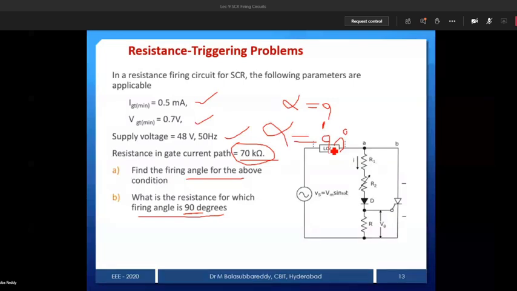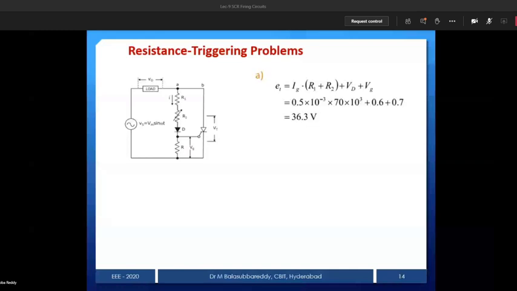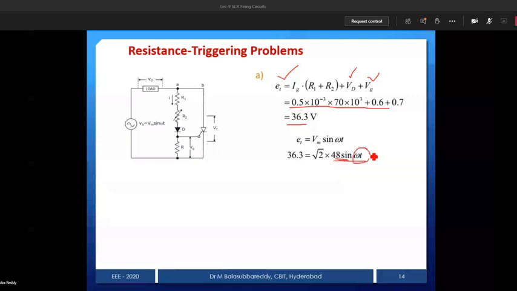Just the reverse of this. So for this same circuit, supply voltage ES is equal to Ig into R1 plus R2, plus the voltage drop across the diode, and Vg, and simply this data is given. Voltage drop across the diode, you just take as 0.6, and now you will get the supply voltage. But what is the supply voltage? V is nothing but Vm sin omega t. Therefore Vm is root 2 into Vs, the peak voltage. So the peak voltage is given in the problem. Omega t is nothing but alpha here. Therefore sin alpha is equal to this divided by root 2 into Vs, and alpha is the sin inverse of that. So you will get the alpha value.